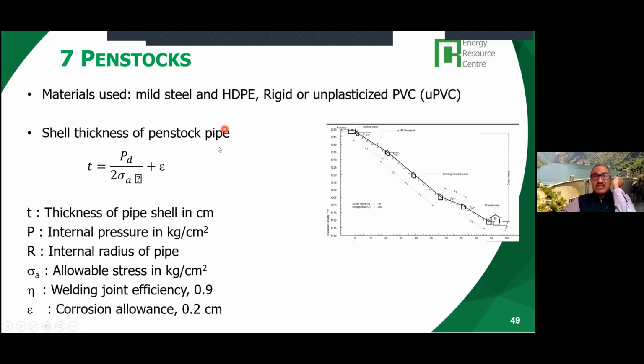This is based on the material used. Here, it should be the welding joint efficiency, and epsilon is the corrosion allowance. So you allow 2 millimeters of corrosion; the pipes can corrode. This is how you calculate the penstock, and the main cost will be based on the thickness and the weight